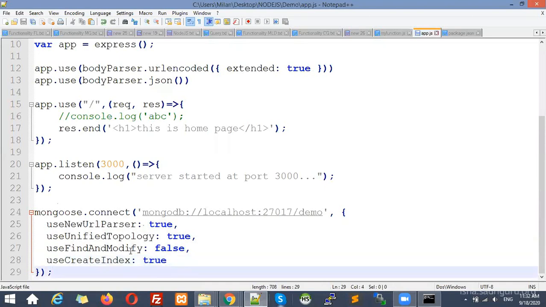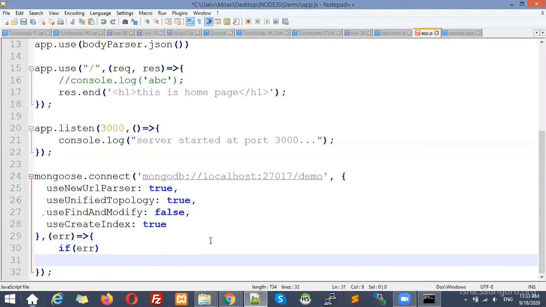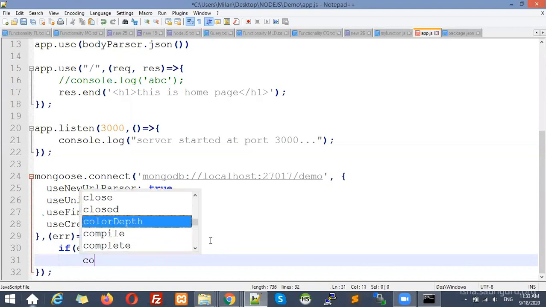Okay. Now we have created the connection, and if you want to check whether the connection was created properly or not, we can add one last parameter, a function with error and our function, right? So if an error occurs, then we will print in the command prompt that yes, some error occurred. We are not going to display it on screen.